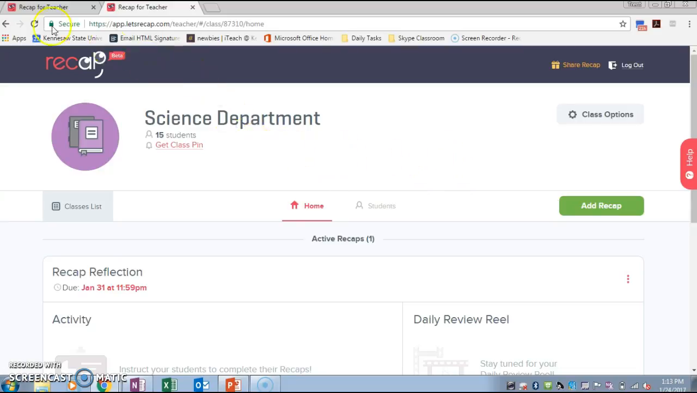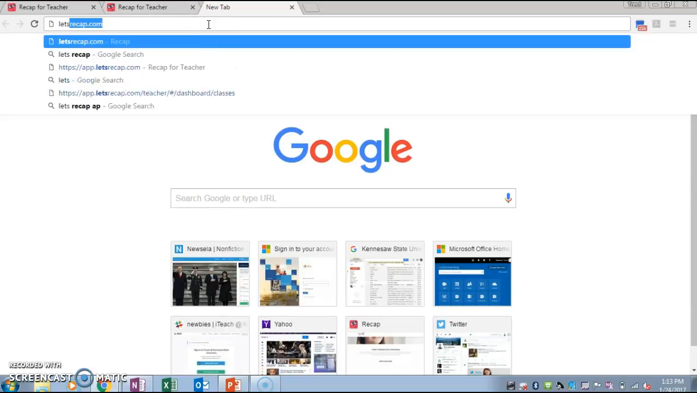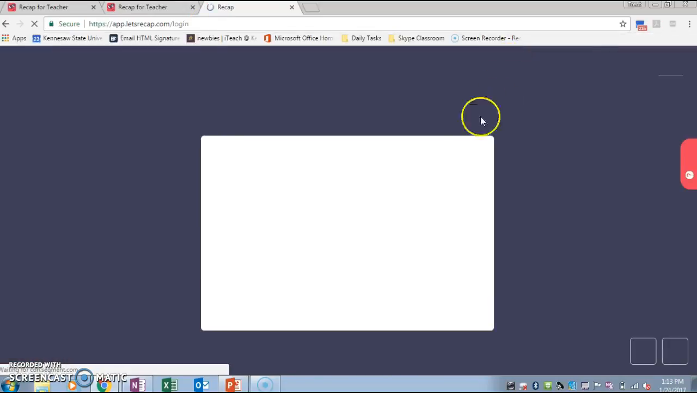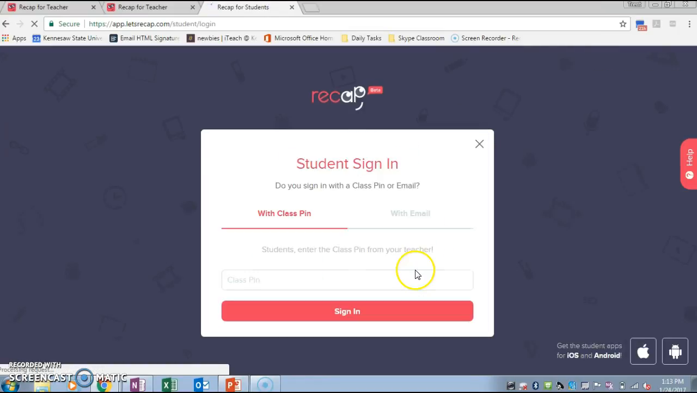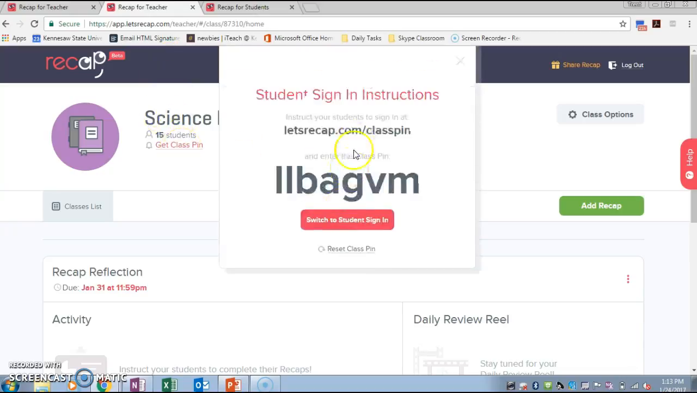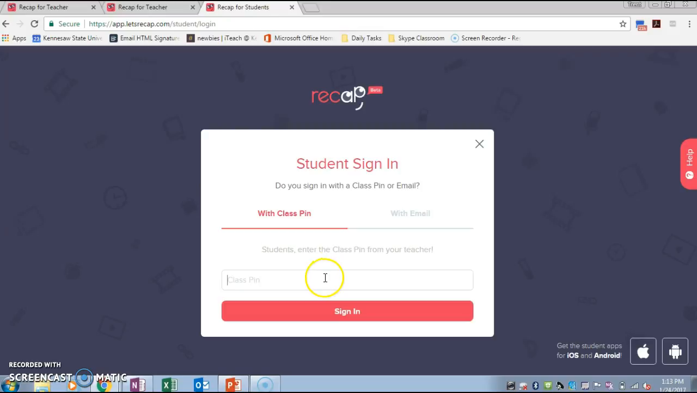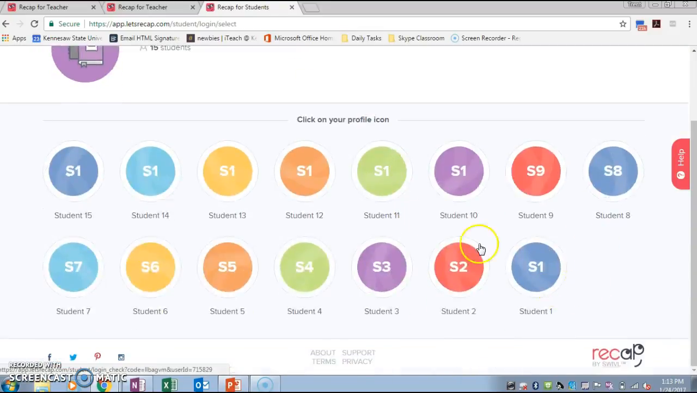If I want my students to go in, they can either download the app on a smartphone or they can go back to Let's Recap and they can log in as a student, and we're going to give them that class pin. So here's the class pin for this particular class. We'll copy that and paste it into the class pin bar. Tell it to sign in, and they'll find their student name. I'm going to pretend I'm student 1 for the moment,